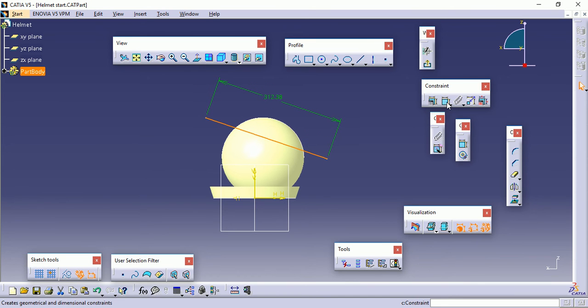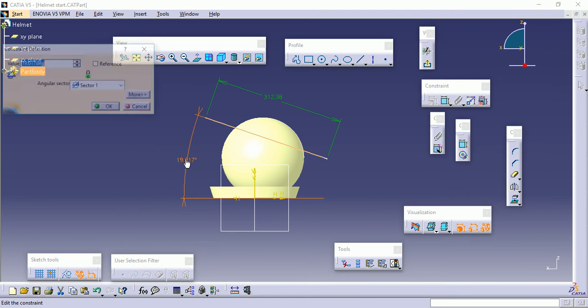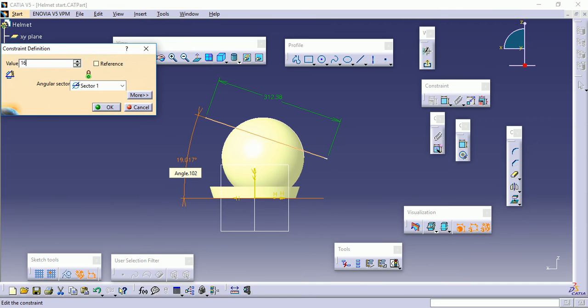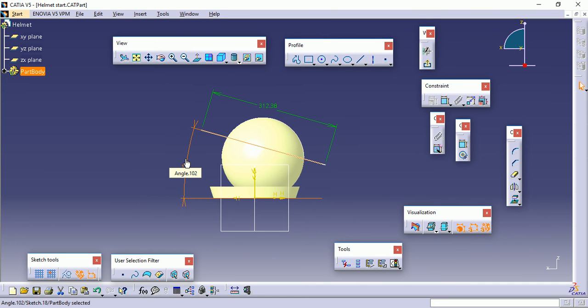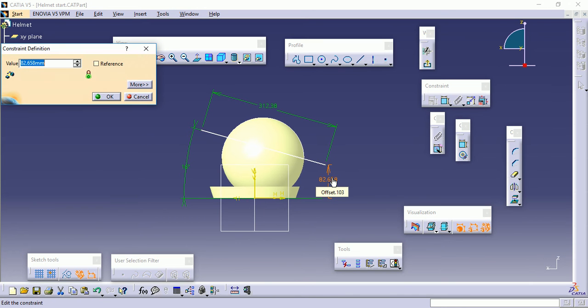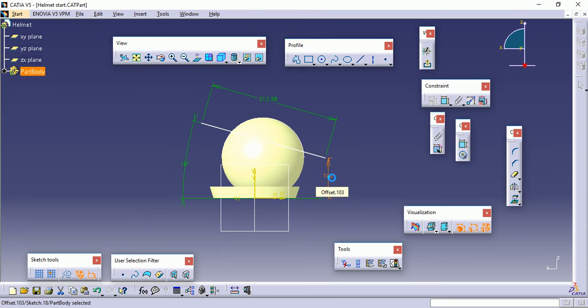This dummy surface doesn't have any role in the final drawing. We have to make sure that while modeling any part, we keep all the dimensions in a proper sequence, because ultimately these dimensions are going to be used for manufacturing.